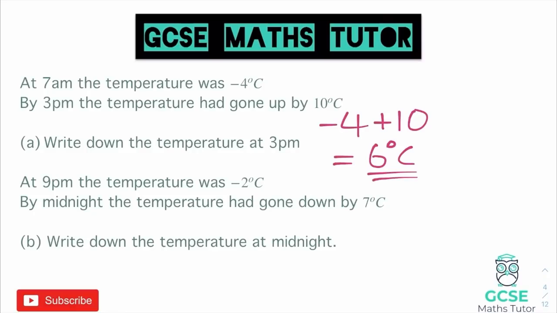For the second part of this question, it says at 9 PM the temperature was negative 2 degrees, and by midnight the temperature had gone down by 7. So the calculation we're doing here is negative 2 as our starting position. We're going to take away 7 as it's going down by 7. So negative 2 take away 7 would get us down to negative 9 degrees, and that would be our final answer. So this is obviously just looking at adding and subtracting when we have negative numbers involved,